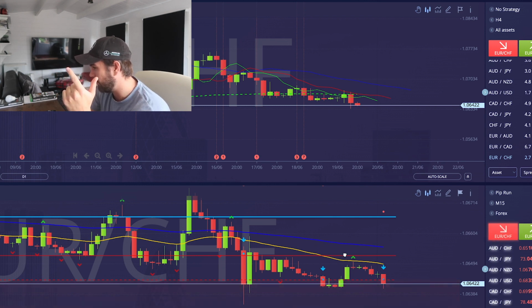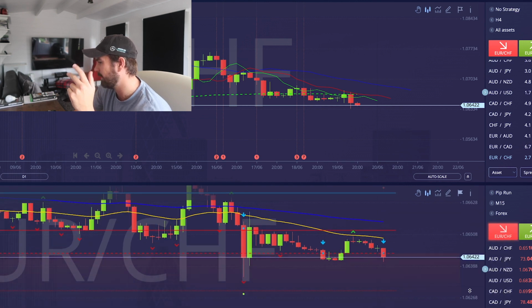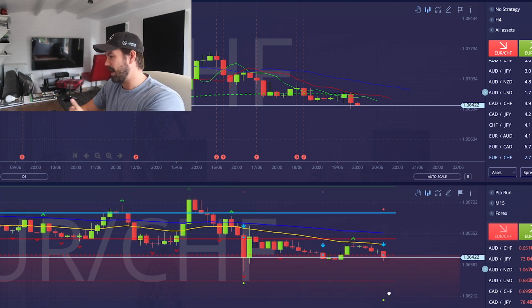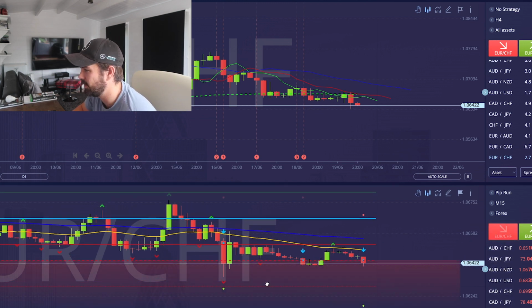We've also got the 50 above the 20, which is another confirmation. And then we are at a major support line, which has been broken. If it breaks this line, it's going to continue the downwards trend. And as you can see, it's been triggered, and it's probably going to go down there anyway, so that'd be a good one to watch. That is the Euro Swiss.